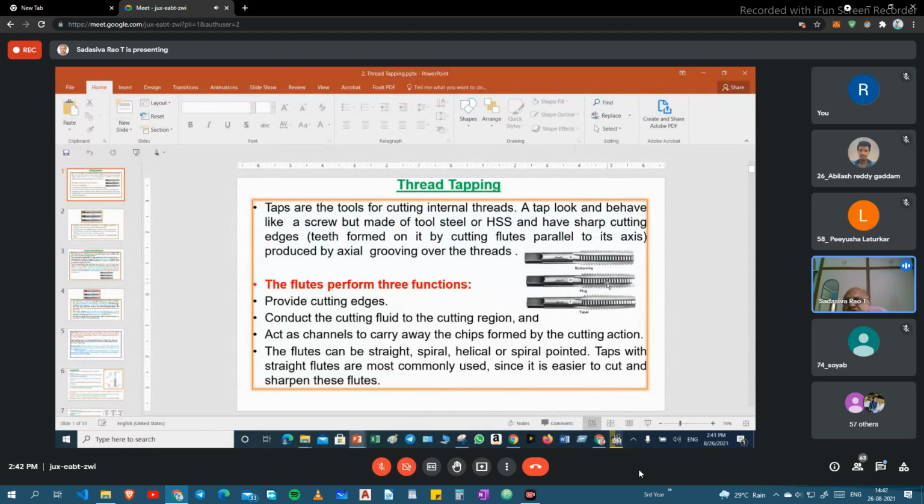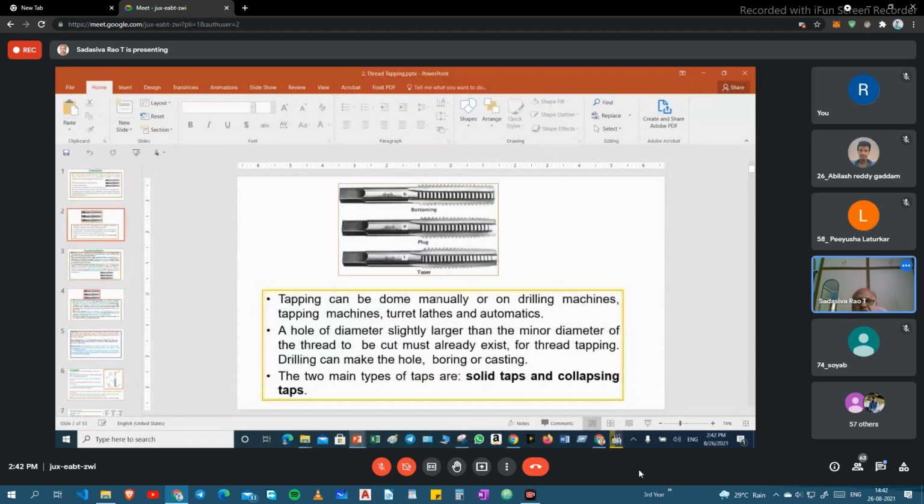We will use the cutting fluid here. You can see the same explanation there. There are solid taps and collapsing taps, but we are using solid taps only.